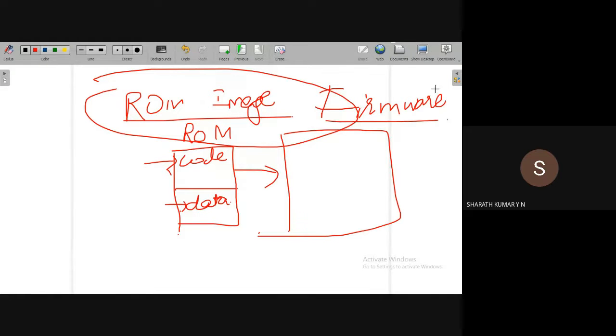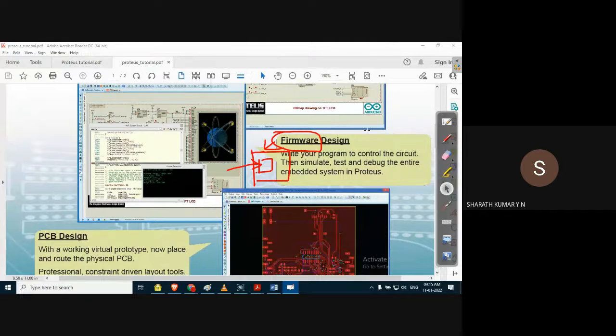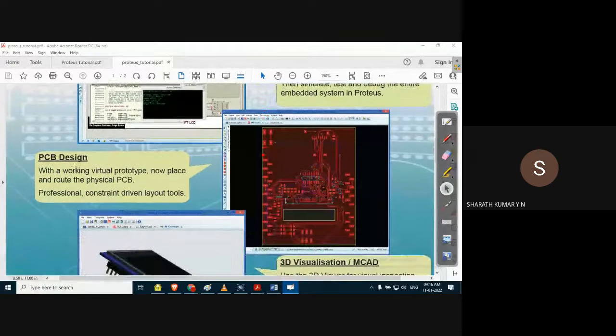So that means the hardware also has a programming part. When we have a program, there should be data. Very simple. So that we call a firmware. You can see a sample image here. Some modules have programs also, a program written for a particular module. What we deal with here is the microcontrollers, so we will write the program for a microcontroller.